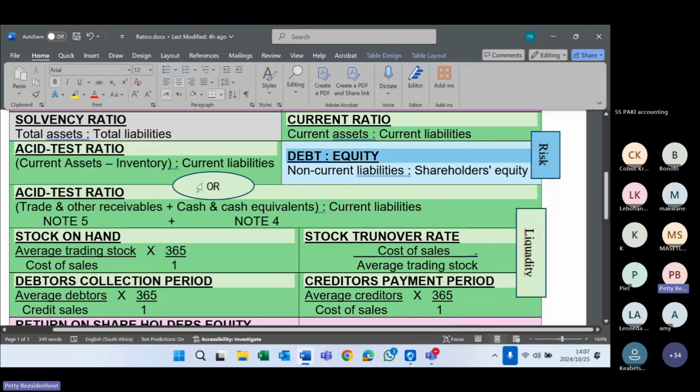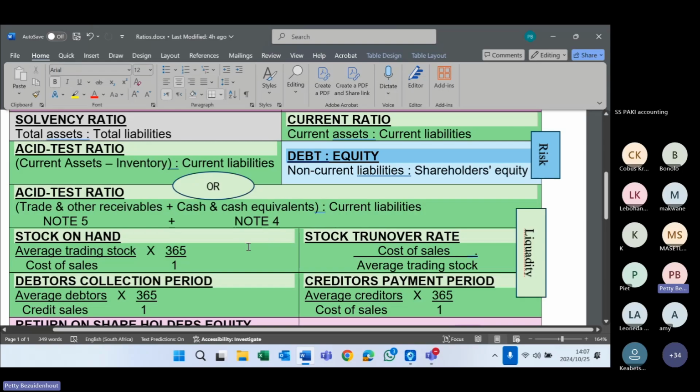So we've got 6 liquidity ratios. It's the current ratio, current assets to current liabilities. Then the acid test is the same thing, but disregarding the inventories on hand. So those are the common ones that they normally ask in paper 1, where one of these must be calculated or just quoted. Then we've got the 2 stock ratios, mostly asked in paper 2, but it can be in